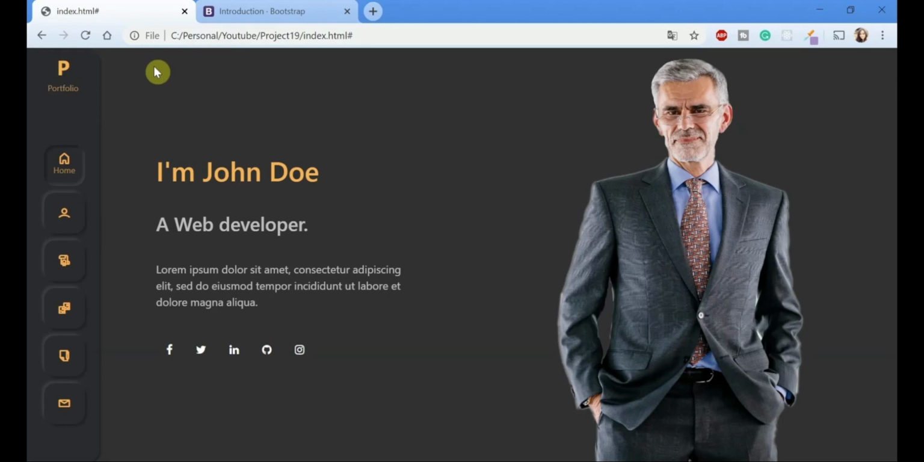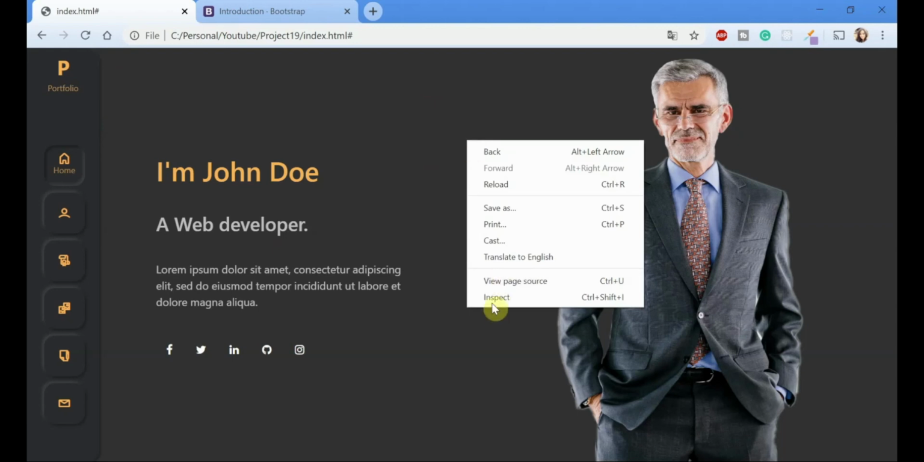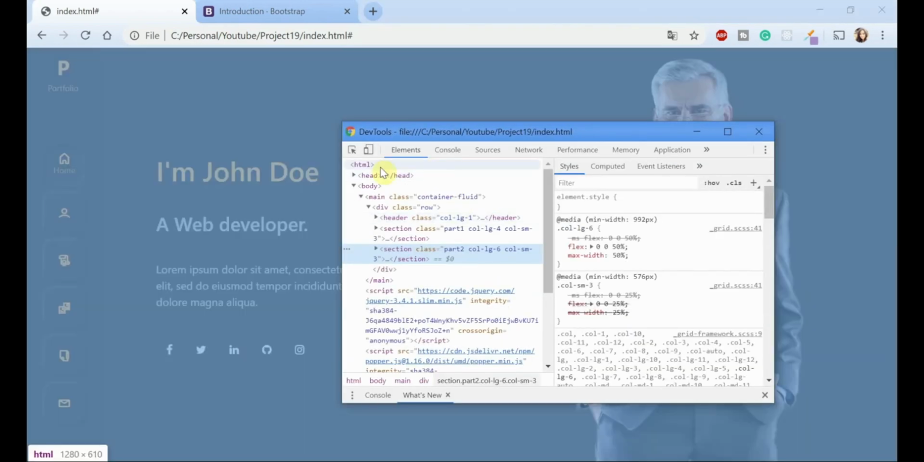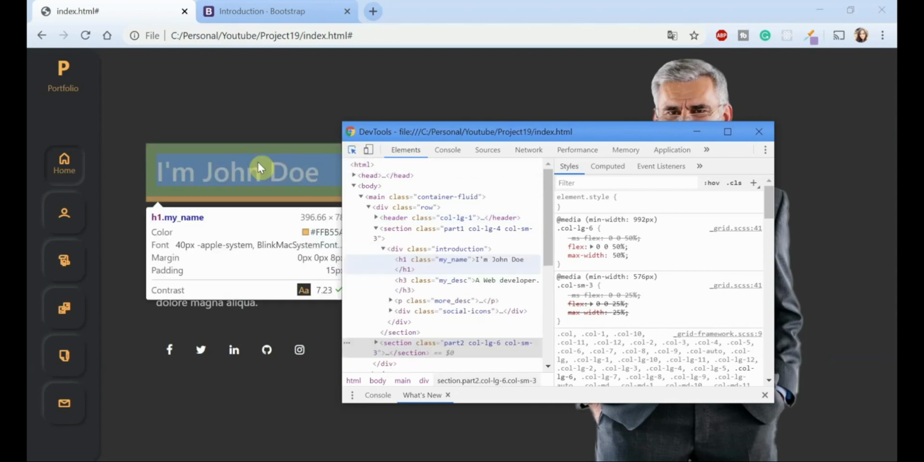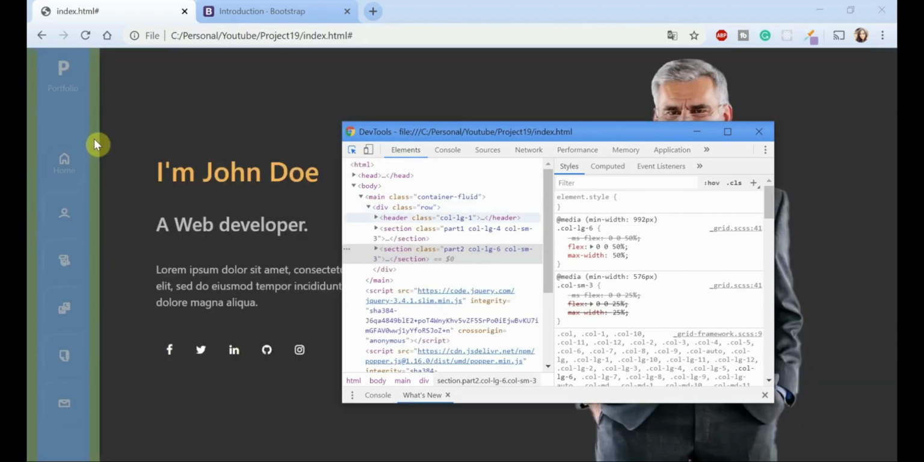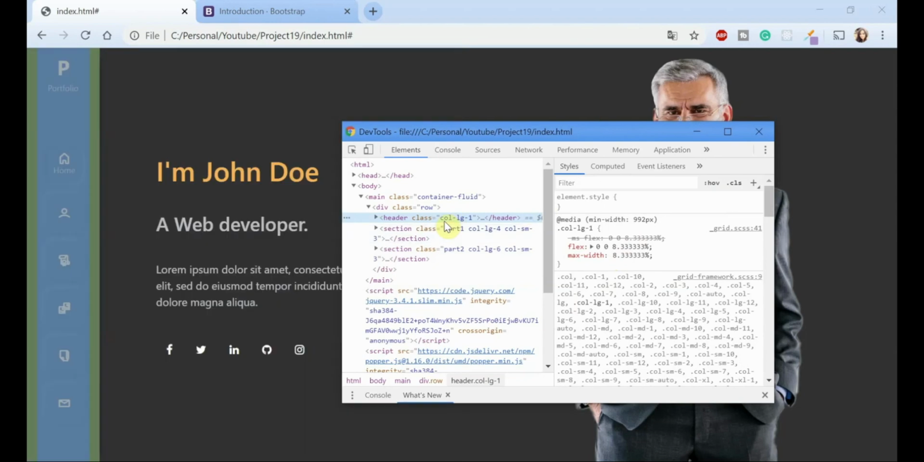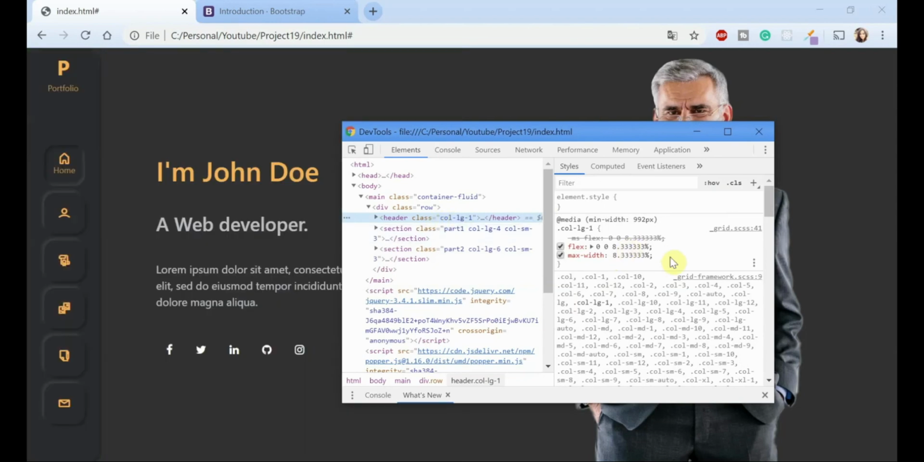So let's learn about box shadow. I'm going to go to the website that we have built. I'm going to hit right click, inspect, go to the elements here, click on this icon here to select an element that you want to inspect. I want to inspect the header element right here. So it goes to the code directly right here. Now,